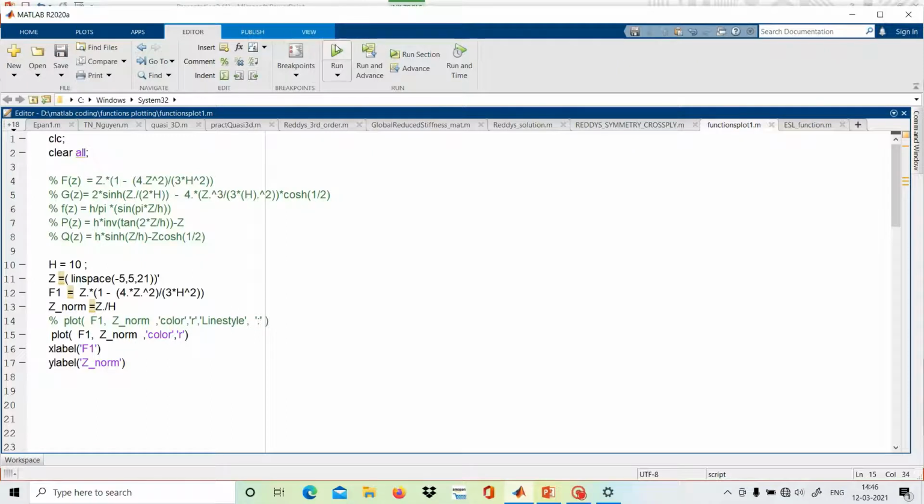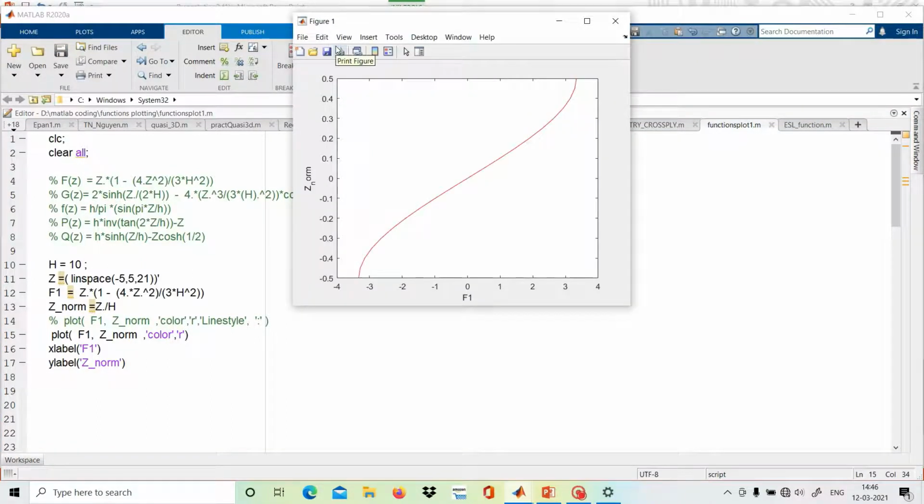So let's see. So now it is a continuous function. Okay, so in this manner we plot a function in MATLAB. Now the second problem we were having was to plot a number of functions and compare them. So we will see how to plot various functions and compare.